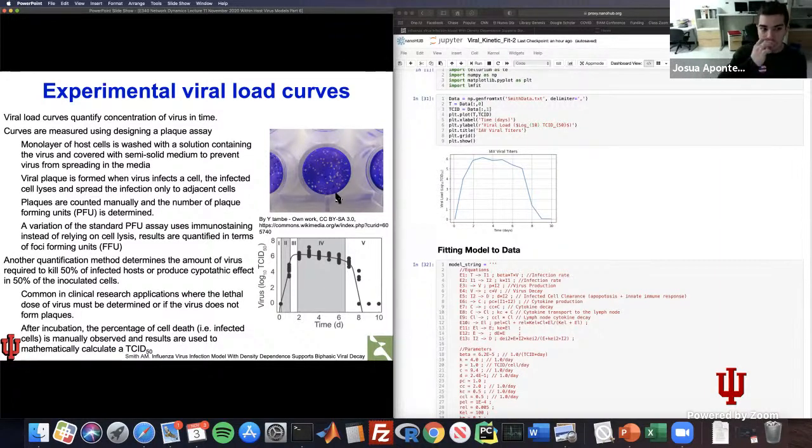plates, and then they pour a semi-solid medium on top. The idea being that you don't want the virus to flow freely, because what you want to quantify is spots where the virus was able to replicate. And then when you count those spots, literally count them, then you can count what is called the plaque forming